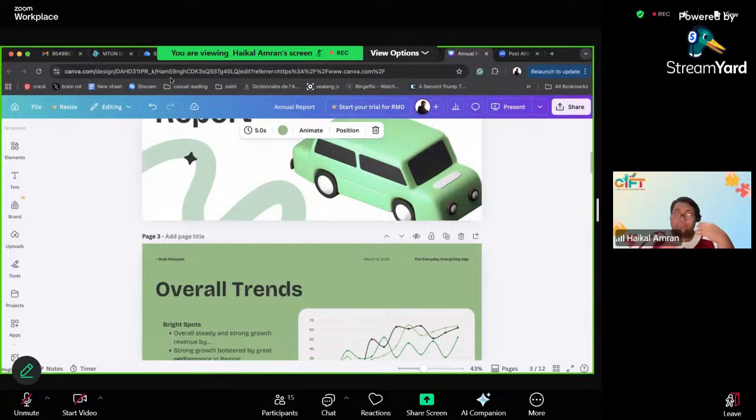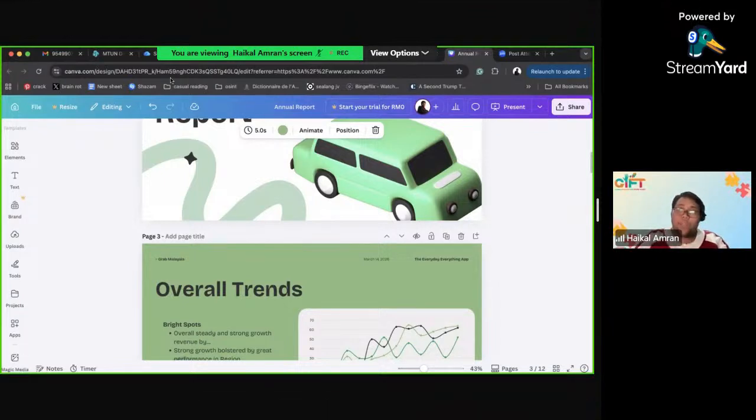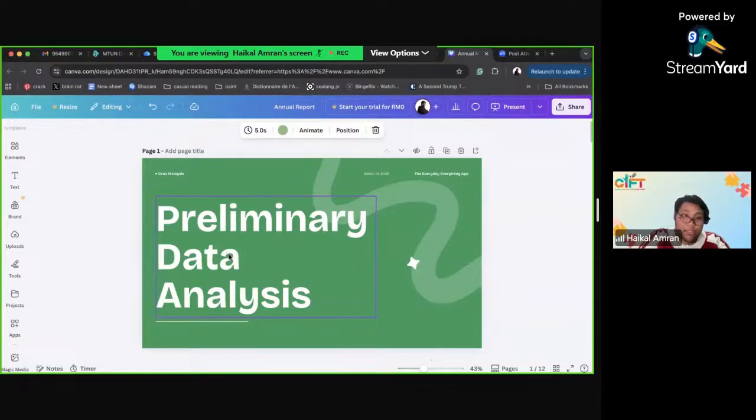With that being said, I'm opening up to any questions from you so far regarding this particular assignment. Remember, we're only focusing on this first one first, the preliminary data analysis part. This is the individual assignment. The Excel, the points and everything else you can share with each other.